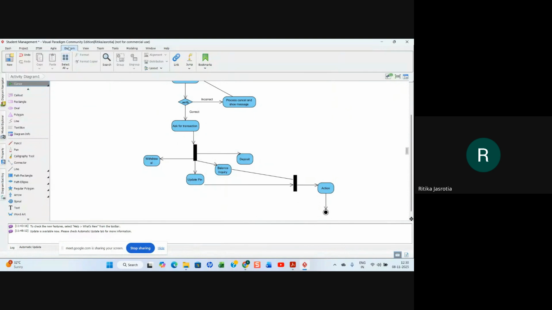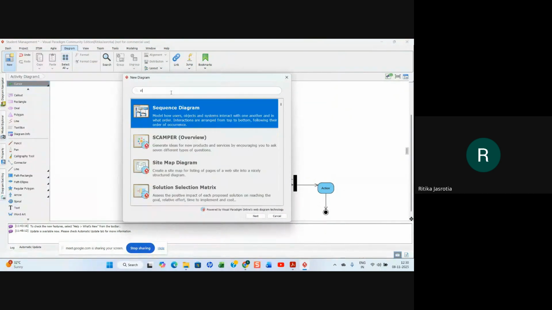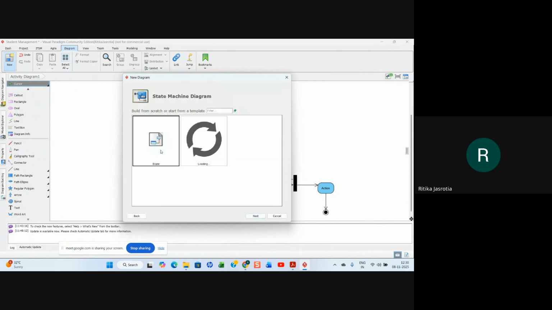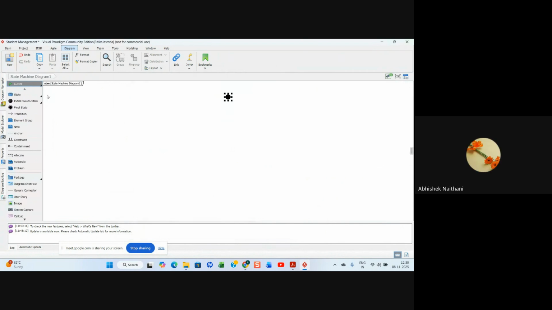Yes. Right. So if again we have to make a diagram, and this time it is a state chart diagram or state transition diagram or state machine diagram, whatever name you want to take. So if we have to draw this diagram, does it mean that it is showing different states of the machine or whatever we are taking into consideration? Yes, that's what I told you.